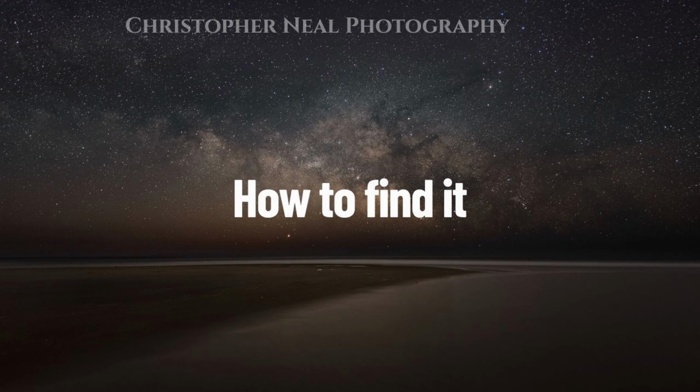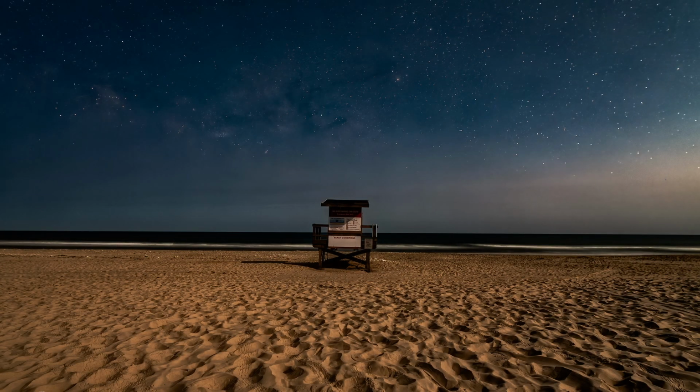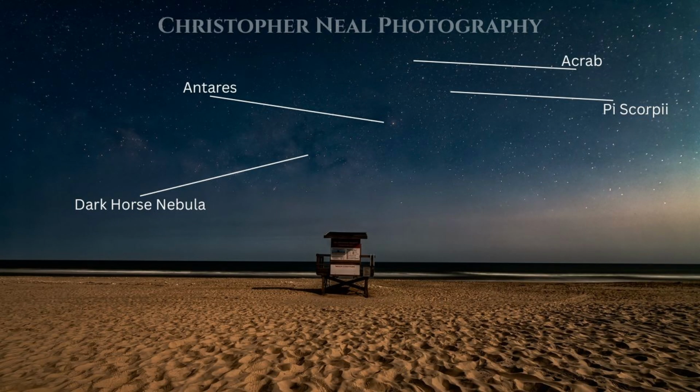The sky's filled with stars. How in the heck do you understand what you're looking at? Just the other night, I stood on the beach at Ocracoke Island, staring out at a very hazy sky, unable to see the Milky Way as I normally should be able to at that point. Another photographer walked up and admitted that she wasn't really sure exactly where the Milky Way was. I pointed out the red supergiant Antares in the constellation Scorpius, and